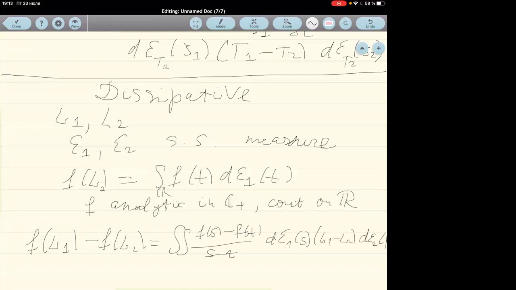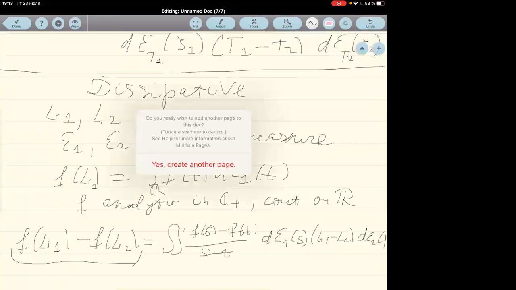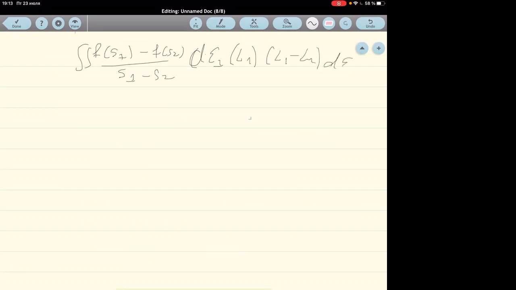However, here, if f belongs to the Besov class, such operators do not have to be bounded. And actually, we cannot write that